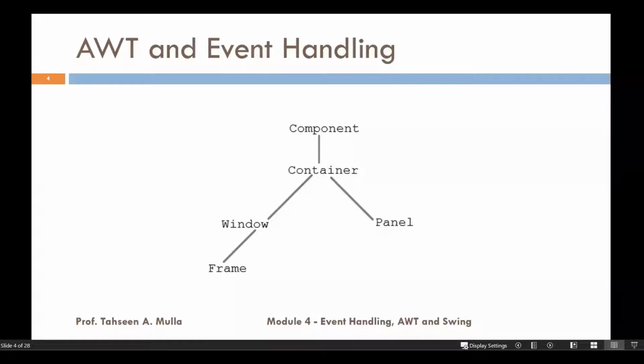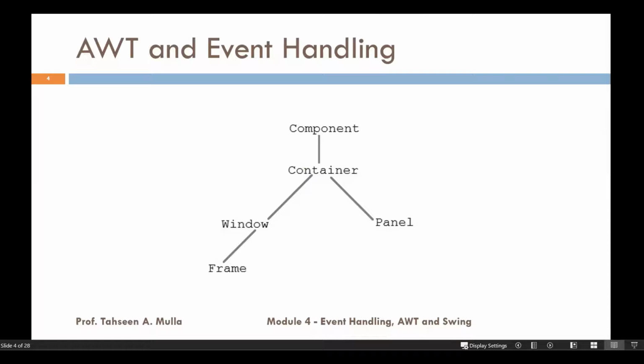Panel is a concrete class of Container. Panel does not have a title bar, a menu bar, or any borders. It is just used for holding the components. If you drag and drop your component on a particular pixel, it will hold that position, that location on the panel. That is the responsibility of Panel.